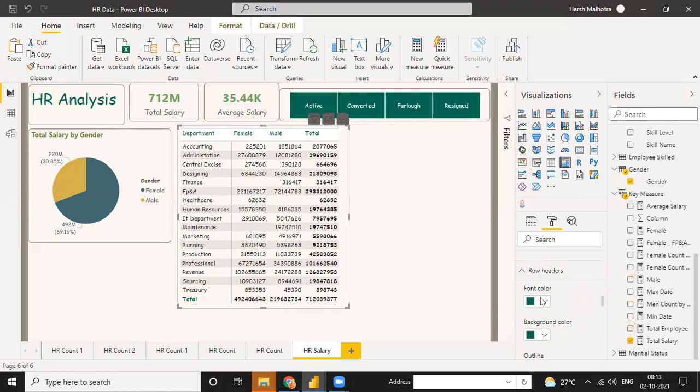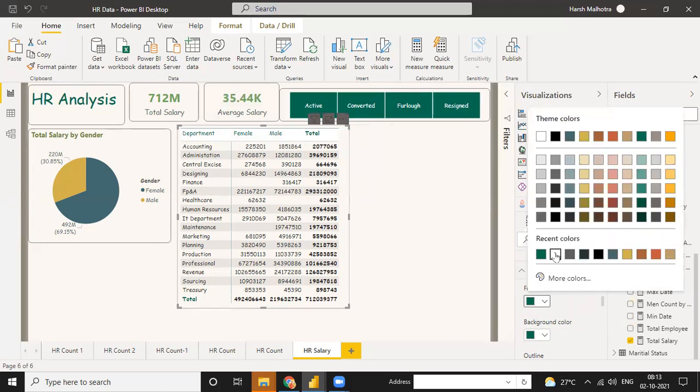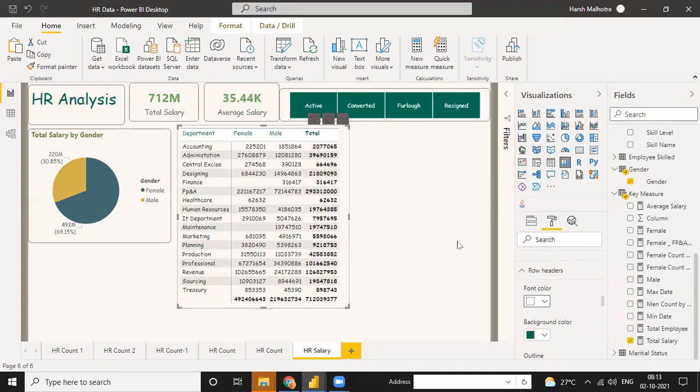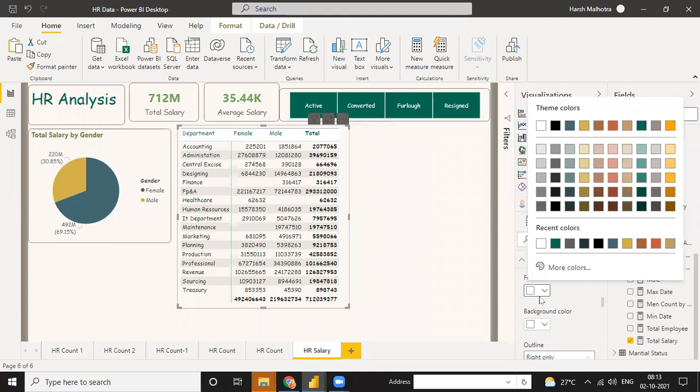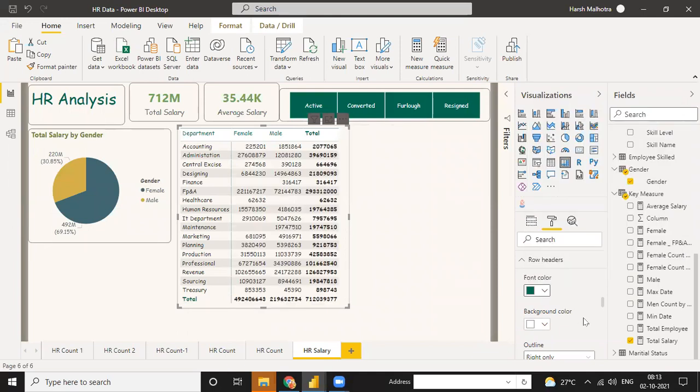What color do you want to use for this one? Same way you can use multiple things.